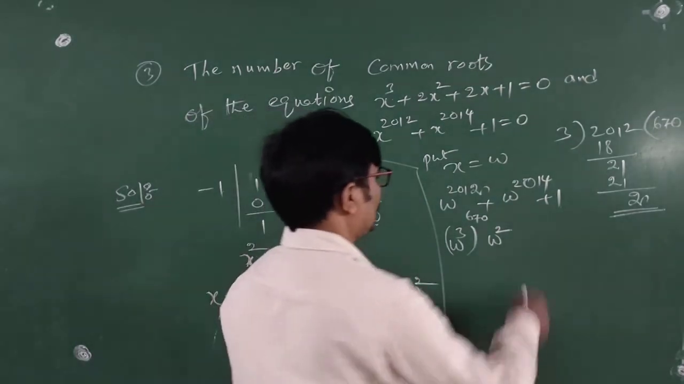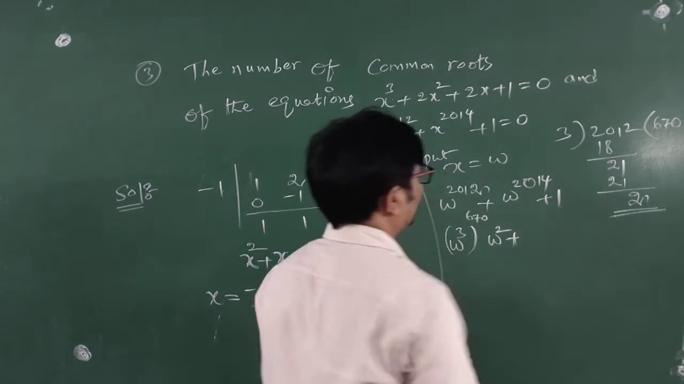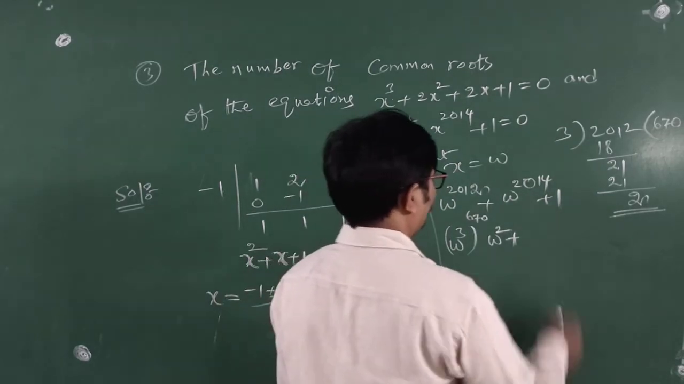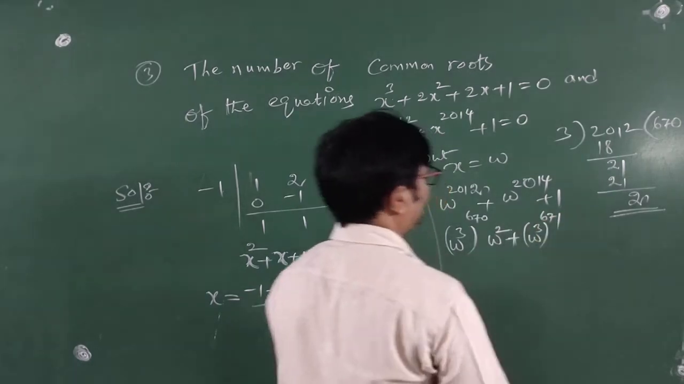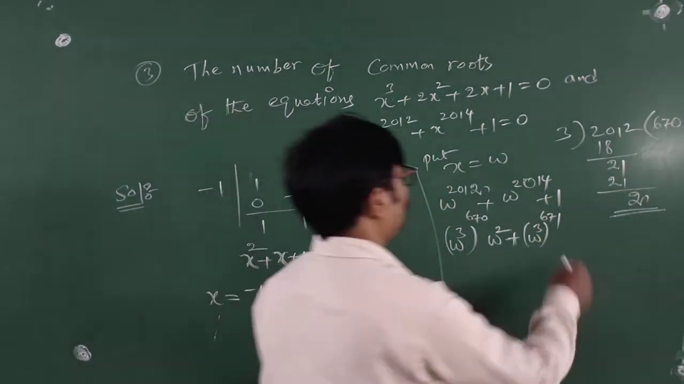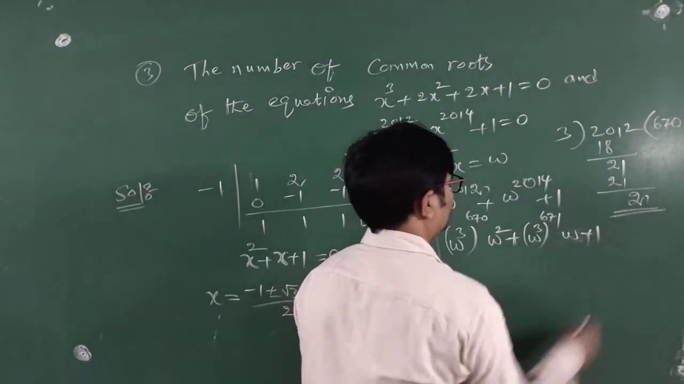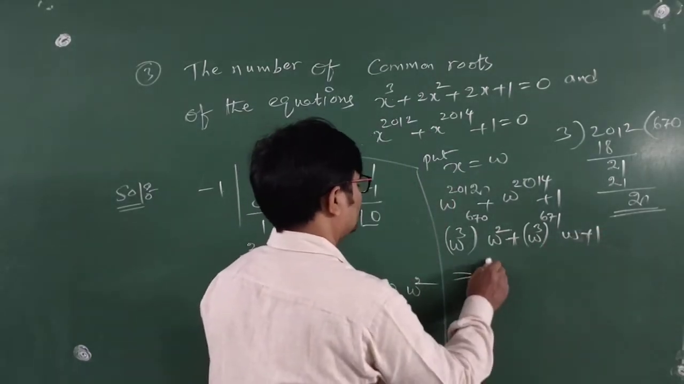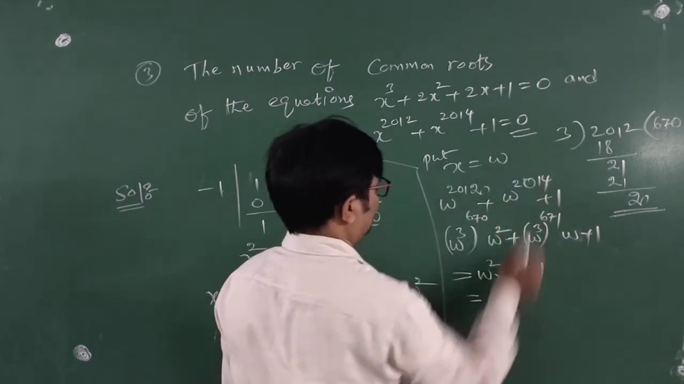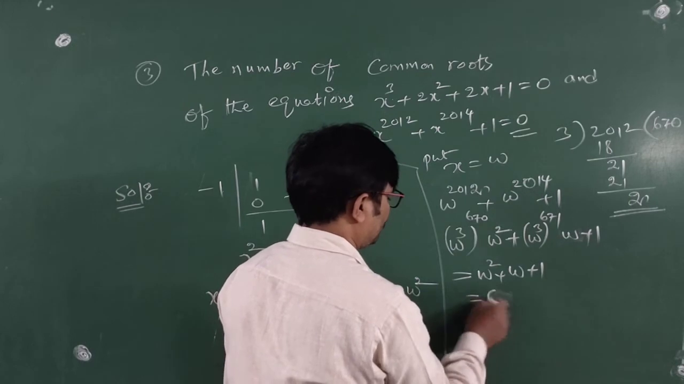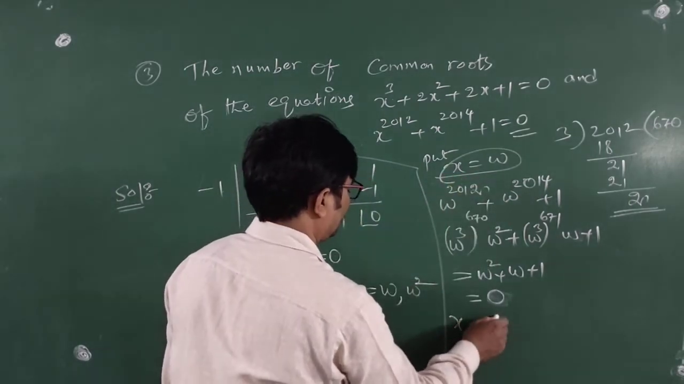After that, how can you write this? Undoubtedly, we can write omega cube whole power 6071 into omega. Do you understand, students? This is 1. So omega square plus omega plus 1, everybody knows that is 0. Similarly, when we take x equal to omega square,